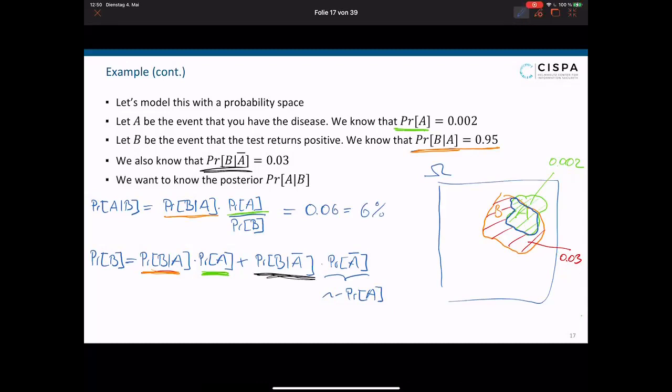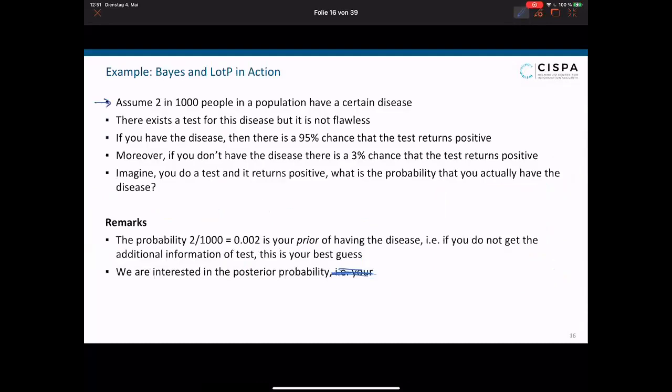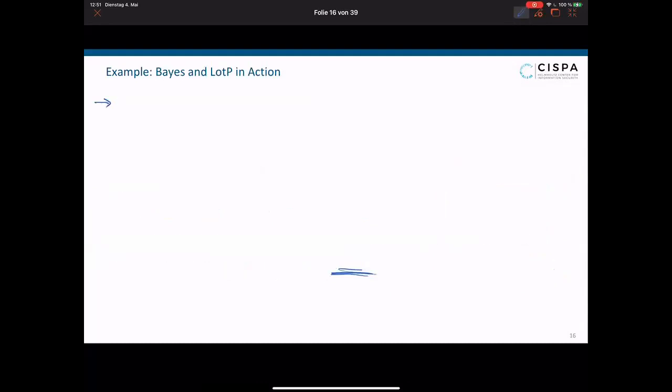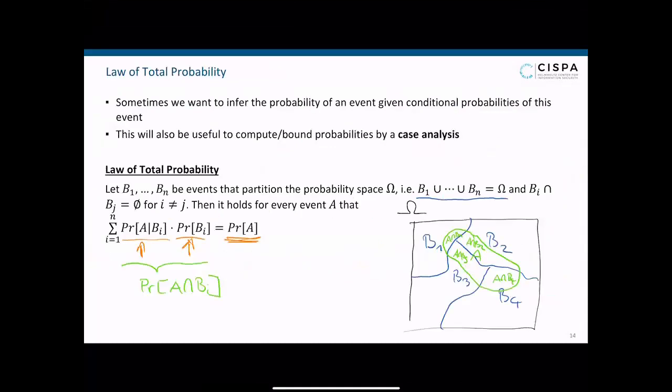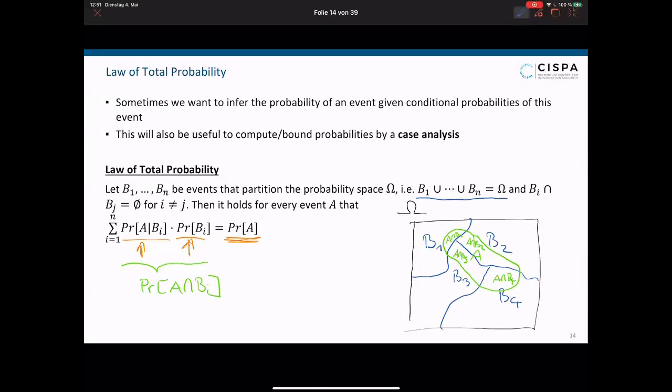So there was another question by someone. Can you please tell how you applied the law of total probability on probability B? So good. With that question, let's quickly jump back. Okay, and here we are. That's the law of total probability. My events B will now just be B1 is A and B2 is not A. If you plug these choices into the law of total probability, then